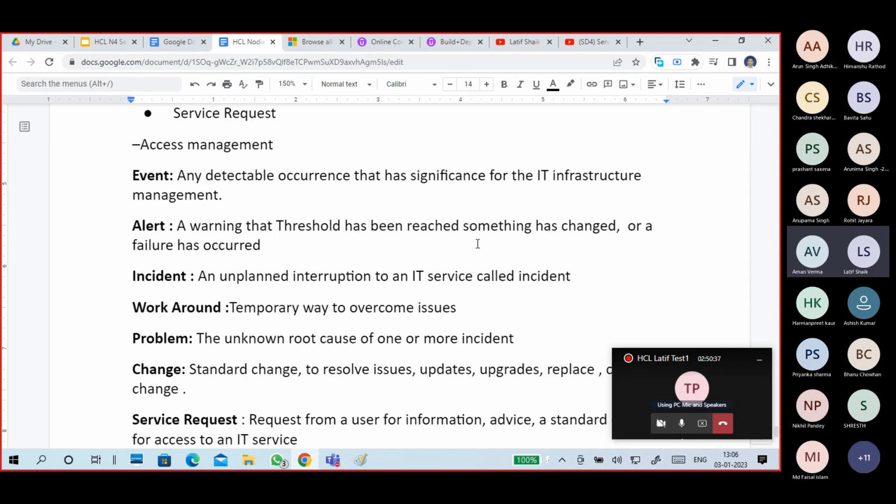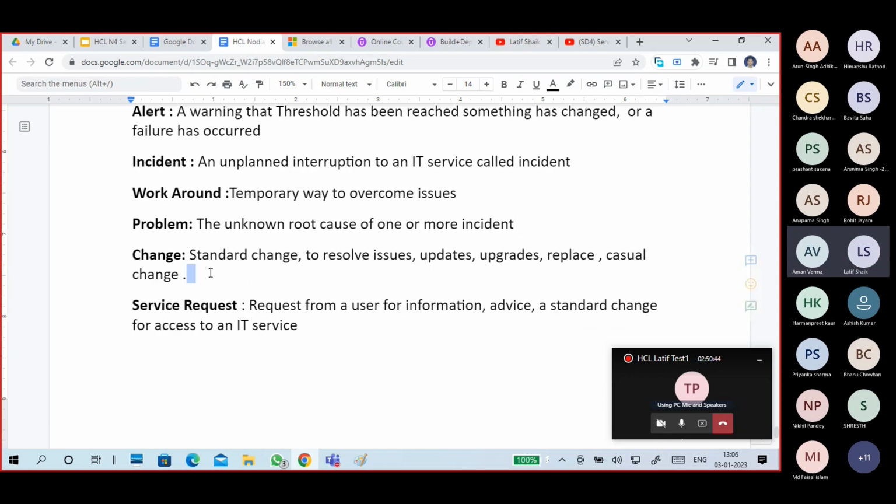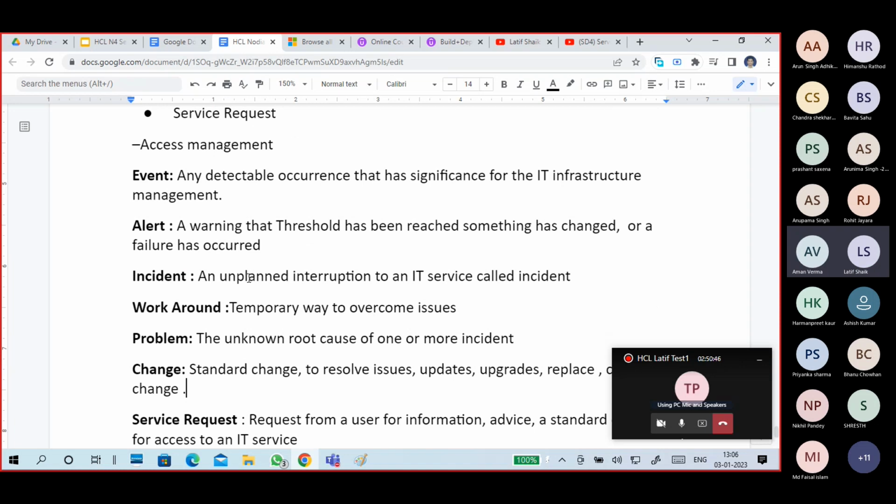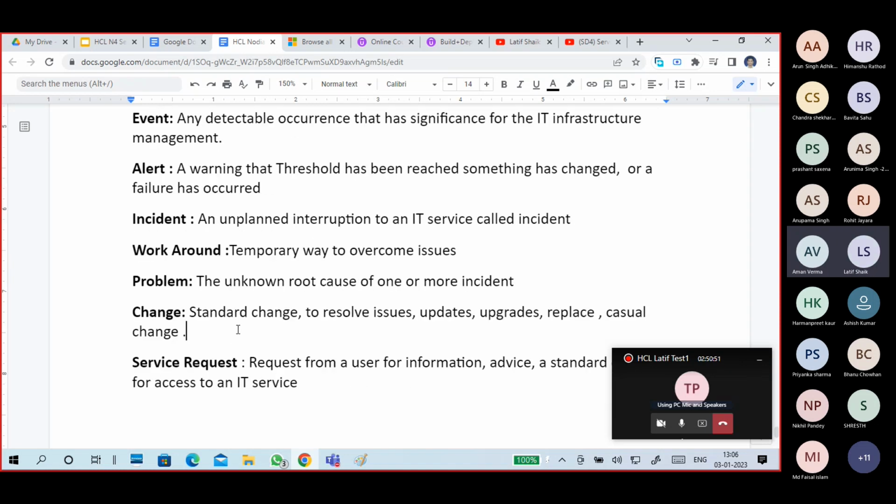But in the process, guys, I have done a change. I use the word change. The change of the cable. The change is also important. So sometimes, to solve the problem, we need a change. Okay, that is it. Next, what is change? It can be a standard change. For example, I am getting a 50 Mbps internet speed. Now I want to upgrade it to 100 Mbps. That is a change.